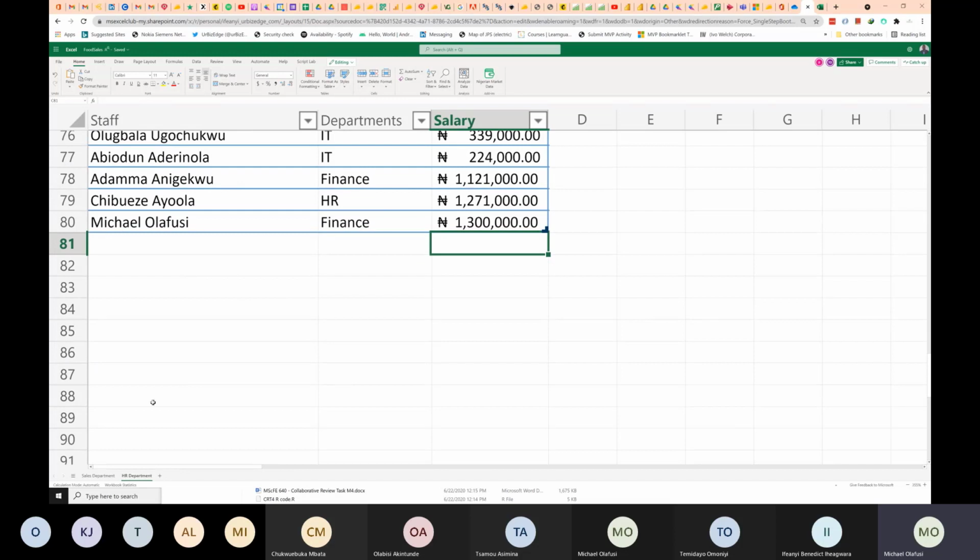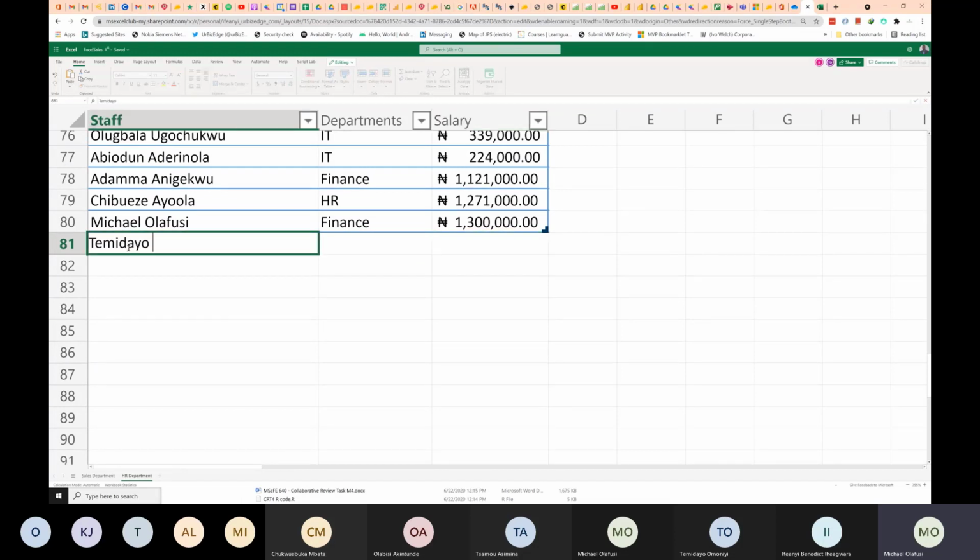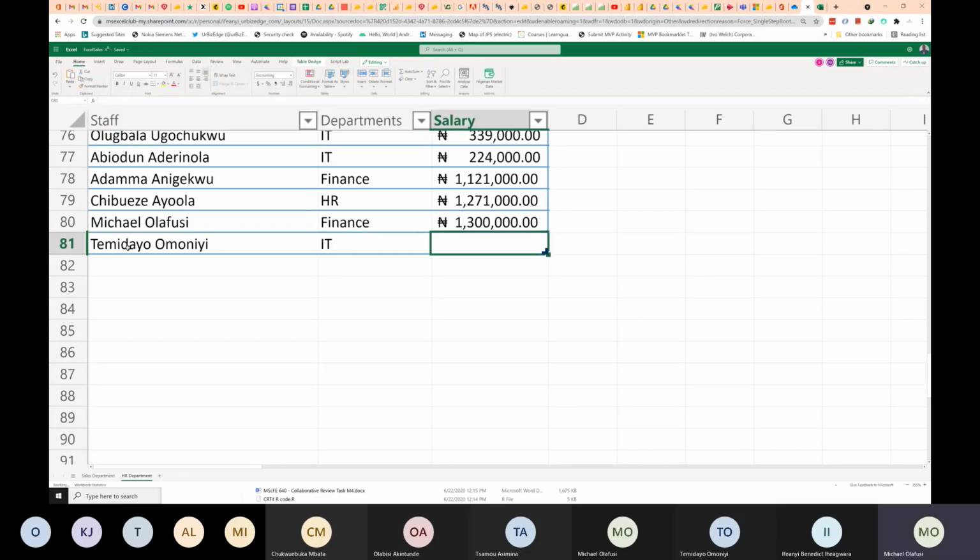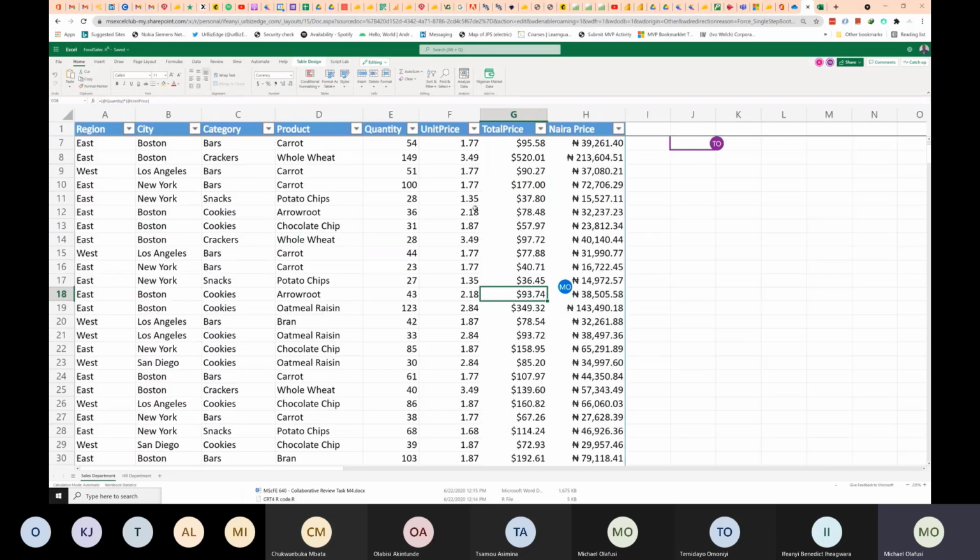So let me just do some other things, some other places. Let me add a few more people. And as they say, whenever you have presentations, all kinds of funny things happen. But I already used this for some clients, so it's not a matter of whether it works or it doesn't work. It works. I just don't know why it's having that issue.